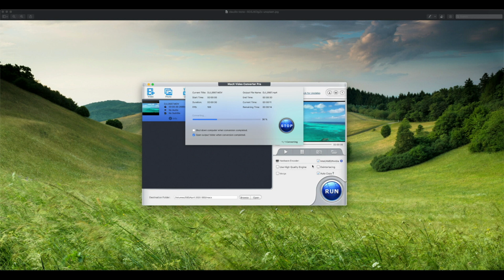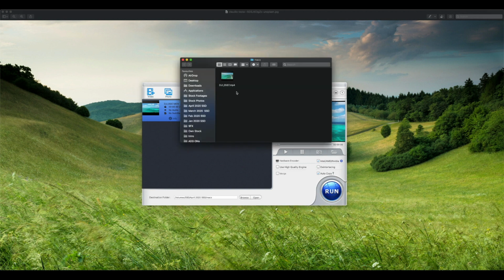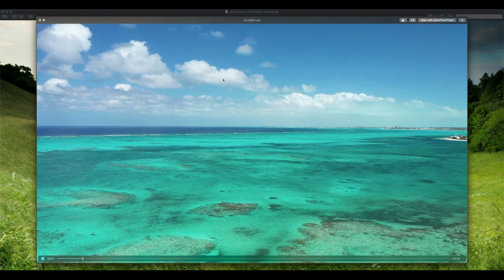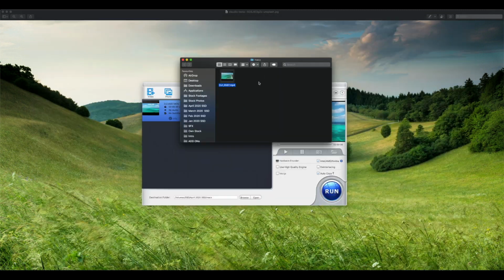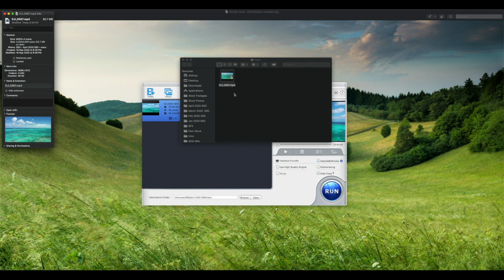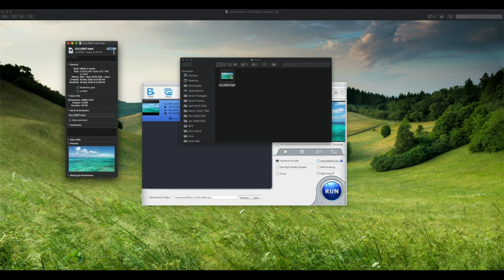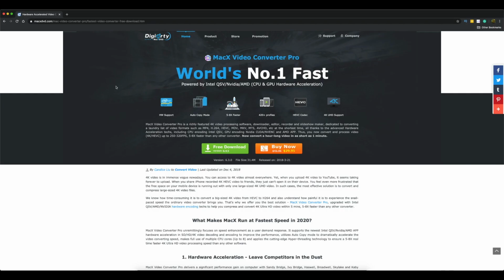After the footage has completely been converted, just see how this footage looks. This is the MP4 format after export, and as you can see it is super flawless, it is super smooth. This is what we need, right? This is what is needed right now. The conversion of these clips is done really efficiently with this software, and it costs literally nothing, only $30. Also if you want to try out the free version, you can absolutely do so, and if you like it, you can definitely purchase the full version.